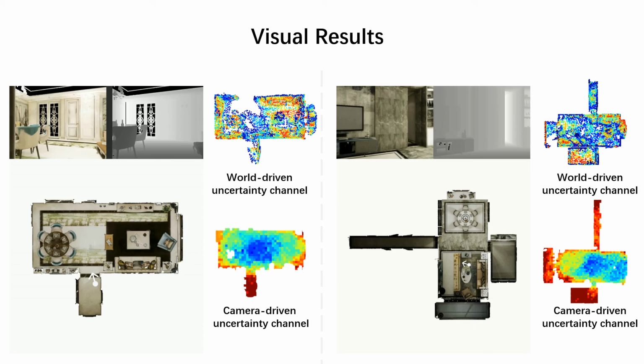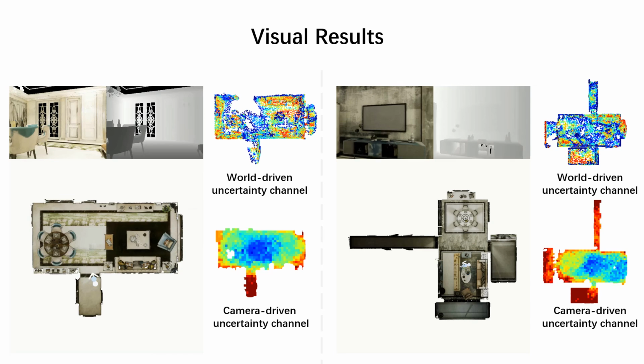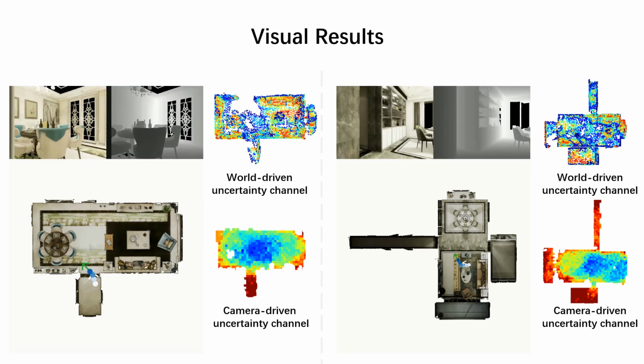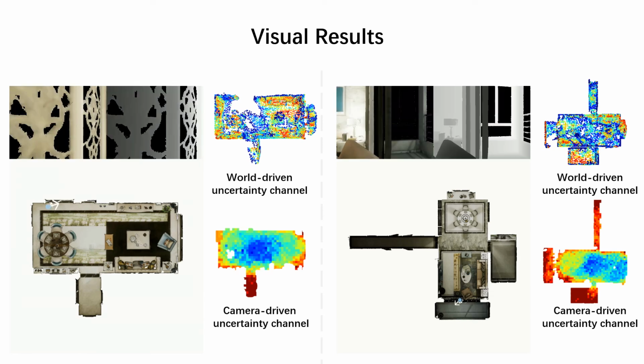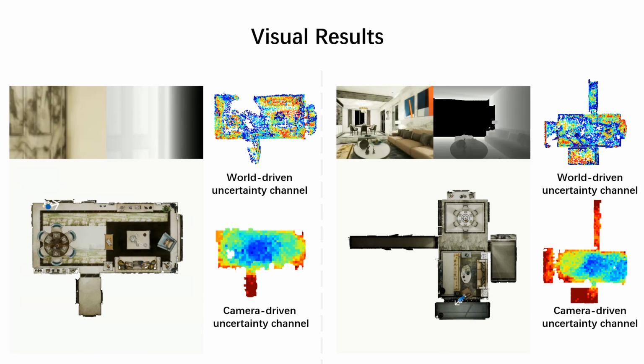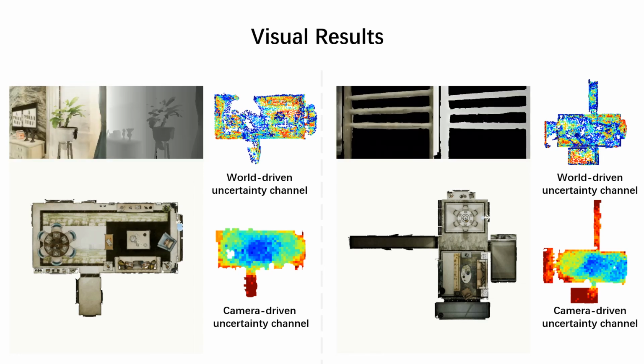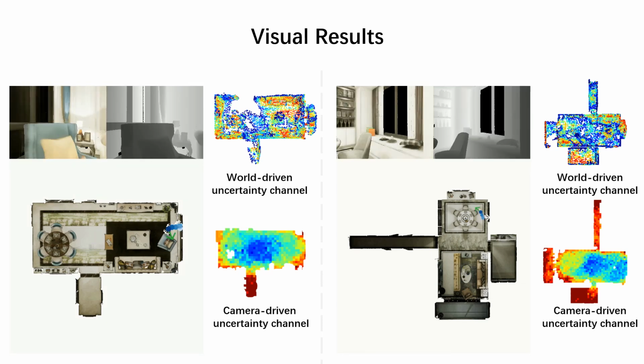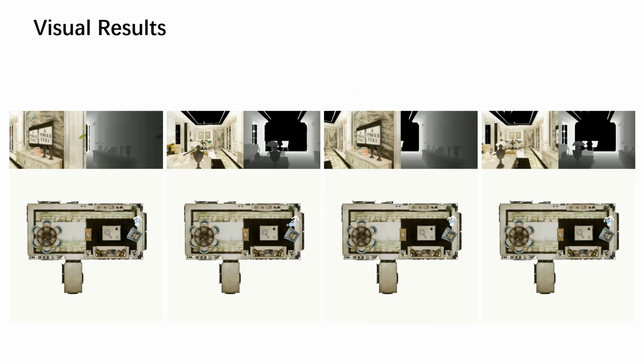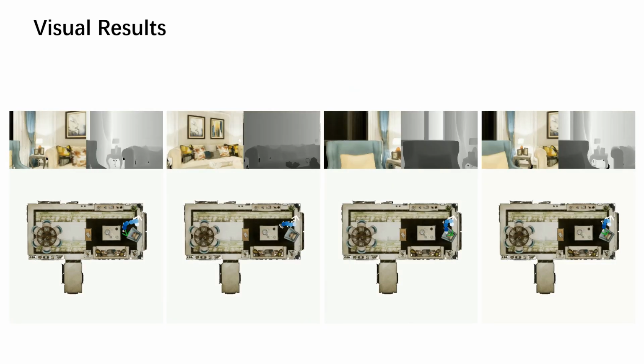The top two images are the RGB and depth observations from the agent, and the bottom is the top-down view of the environment. In this case, the agent travels directly to the confident region for accurate camera localization. In this example, the agent exhibits a turnaround behavior, which is an efficient solution for this case. For this example, even if the agent initially faces a textureless region, it still intelligently localizes the camera. Here we demonstrate several cases where the agent starts from the same position and generally travels to the same target region.